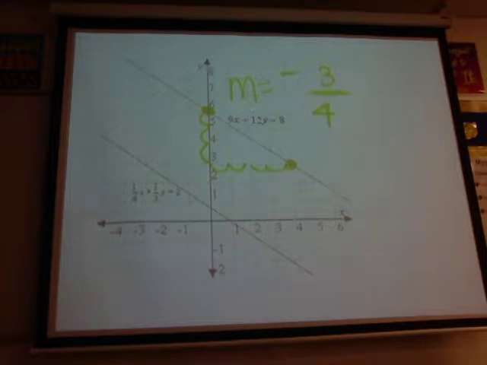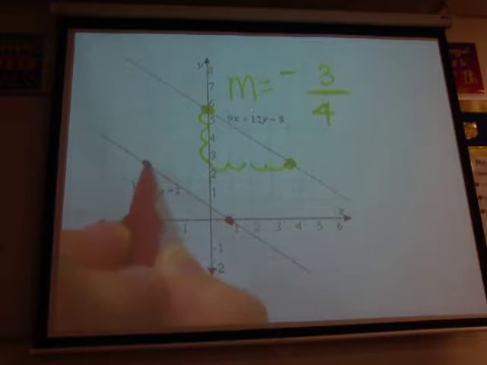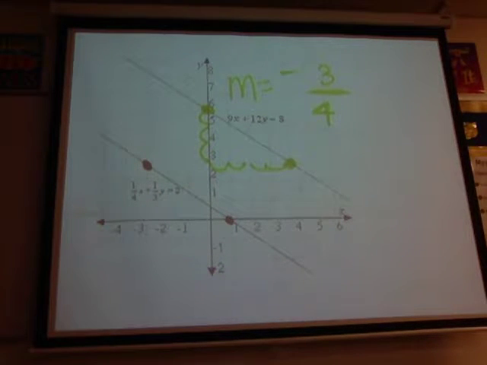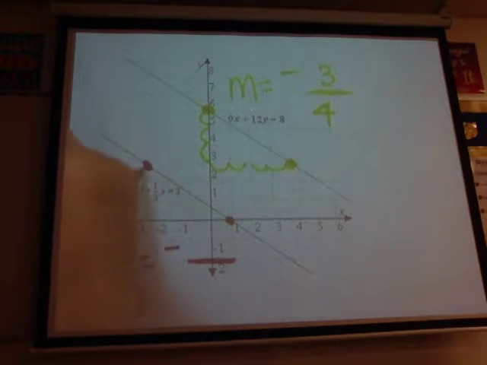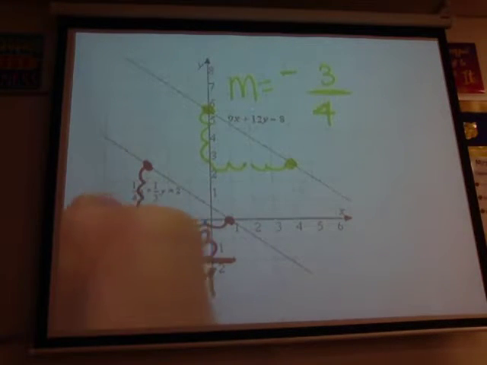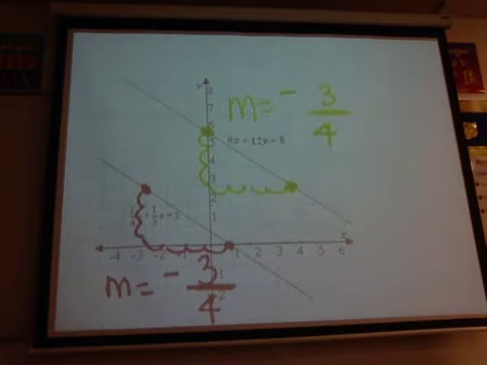We're going to find 2 points on the next one as well. I'm going to use this point and this point. Is this slope positive or negative, 0, or undefined? It's also negative. And how many do I go down? 3. And I go over how many? 3 over 4. Well, since you can tell they're definitely parallel,